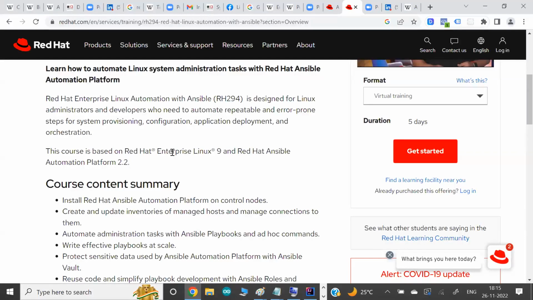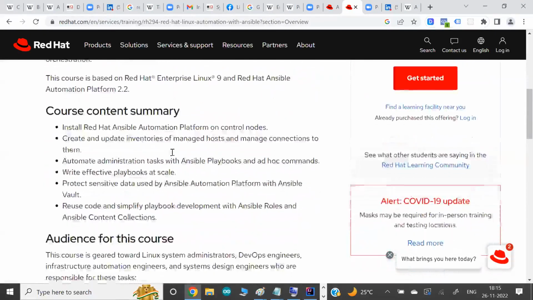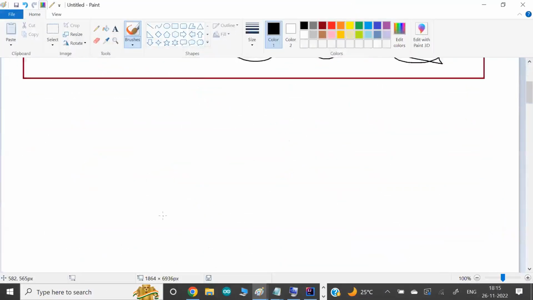Okay, so let's start, guys, with doing some practicals here. Okay, so what we are going to do as a practical. Right now, I am going to launch one OS. In my case, it is Red Hat version 9 OS. Okay, why? Because we have to install Ansible. Ansible is software, a tool, and for installing Ansible, we need the OS.